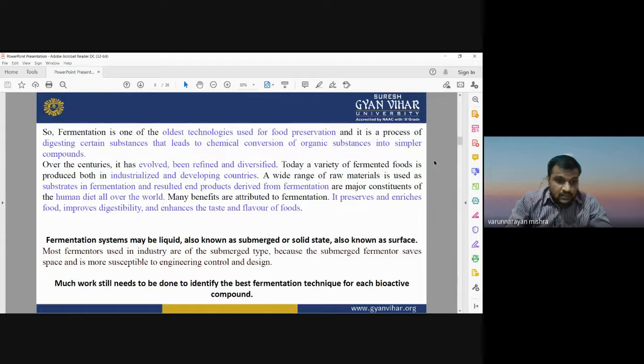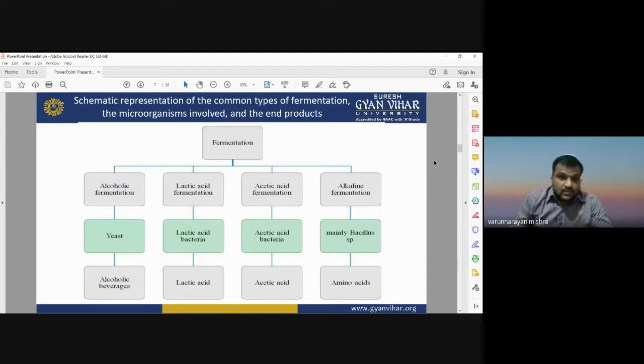So there is much work still needed to identify the best fermentation technique for each bioactive compound. Basically, when we talk about fermentation, it is applied to bioactive compounds, basically a compound which has some amount of oxygen, or you can say the compounds of the oxygen. Okay, so this is the systematic representation of the common types of fermentation,